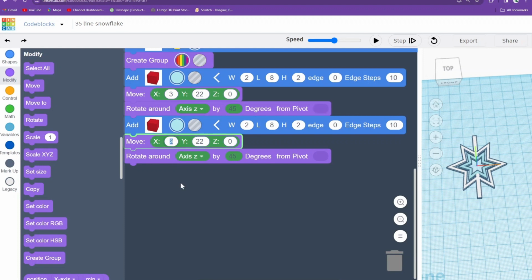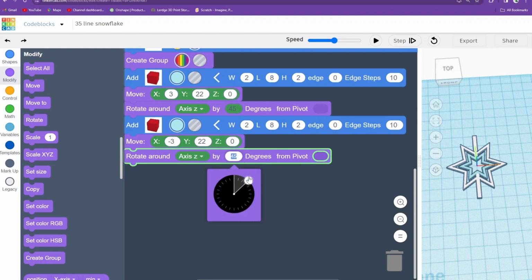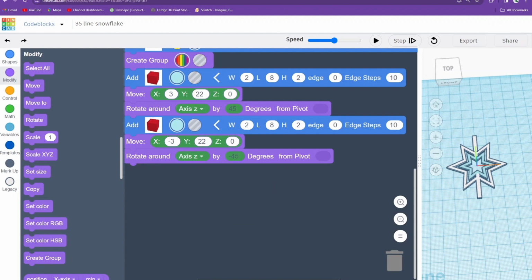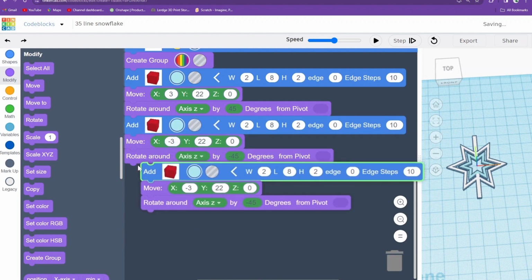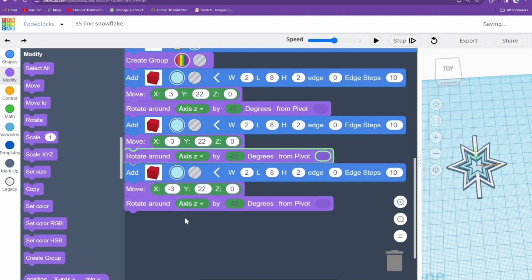I'm going to change the move command so that it moves to an X of -3, and it's going to move to a Y of 22. It is going to rotate around the Z axis, but instead it's going to rotate by -45 degrees. After that, I can duplicate the box, put it to the bottom,